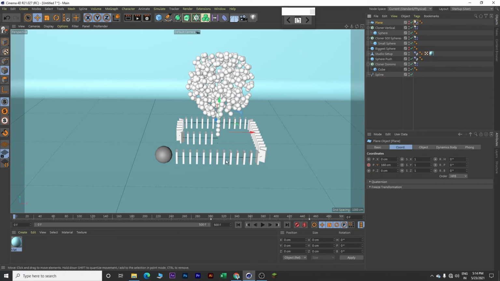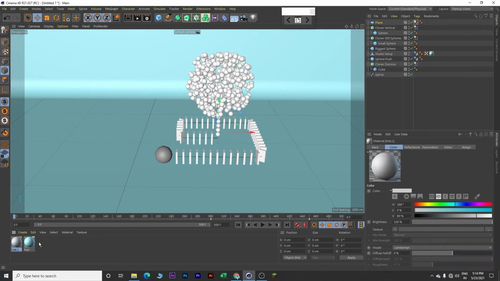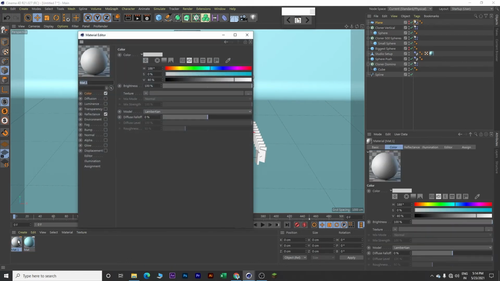Now let's create some material for our domino blocks. So come over here, double click on this newly created material, go to colors and over here change the H value to 55, S to 90 and V value to 100.